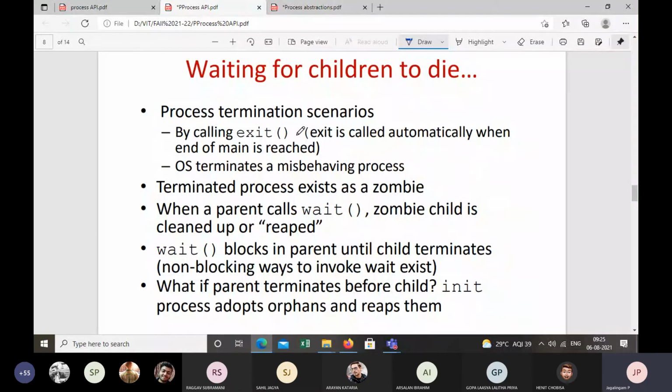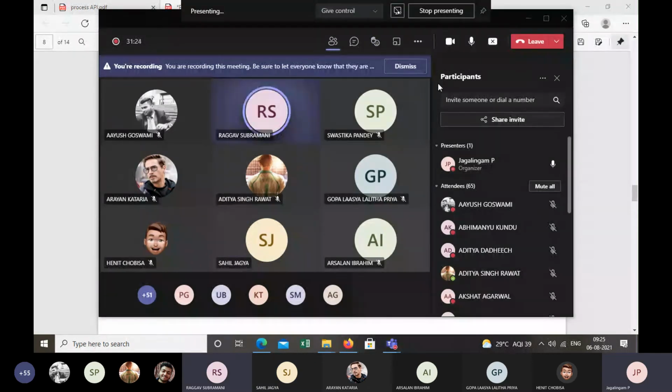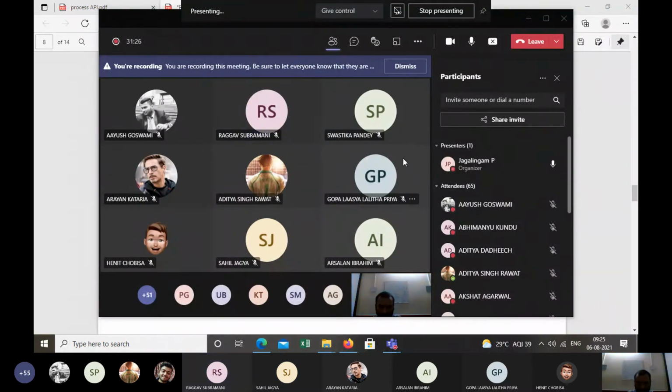The other way is if the process does something illegal, if the process, your voice is very low. I'm in campus. Now it's good. It's fine, sir. I sit in campus and I deal with this class. I don't think I have a bandwidth issue. I request you to please verify it. Thank you.